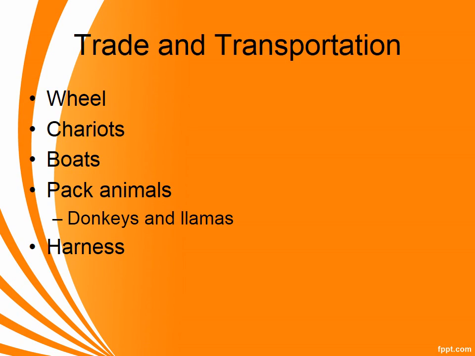Obviously, we will start to develop things like chariots. Chariots become a symbol of wealth and of prestige. We'll look at boats. We're not crossing oceans yet. We're going up and down rivers at this point for some long-distance trade, and because certain things grow in certain areas better, trade happens because of that. The use of pack animals for trade. Donkeys are going to be bred specifically to be pack animals, and then of course you have the llamas over here in the Americas.